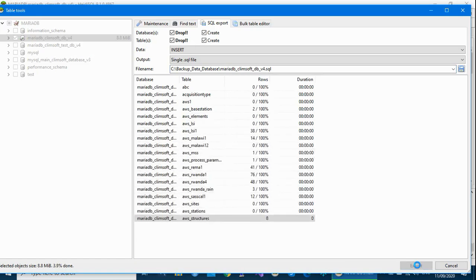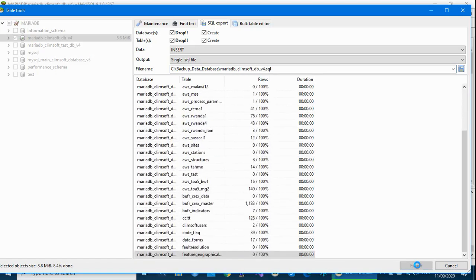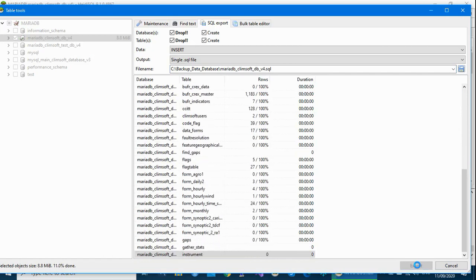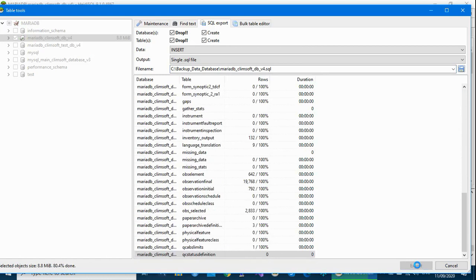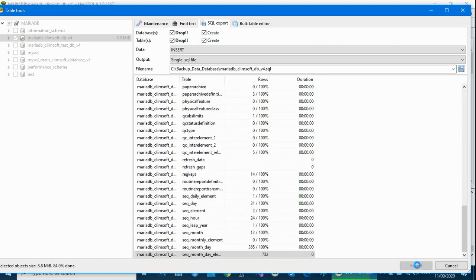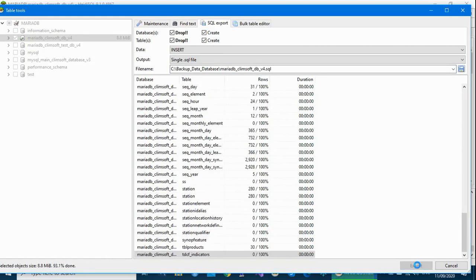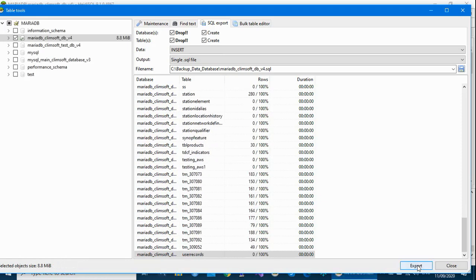Now the export has started, and it is doing the work, as you can see. You have to give it time, which also depends on the amount of data in your database, but generally the process is very fast. So you are done.